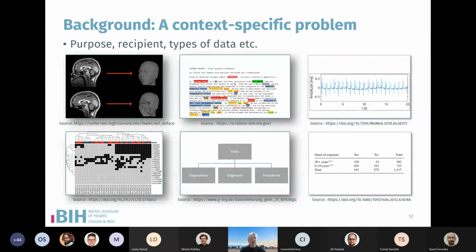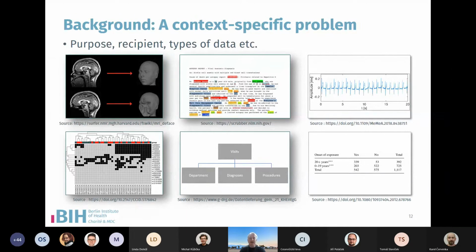But of course, this will never be perfect. There are other approaches when it comes to facial images, for example, that try to be a little bit more formal by averaging, for example, the images of different people, to also follow this idea of hiding individual information in a crowd of certain individuals. But as far as I know, that's not something that has really